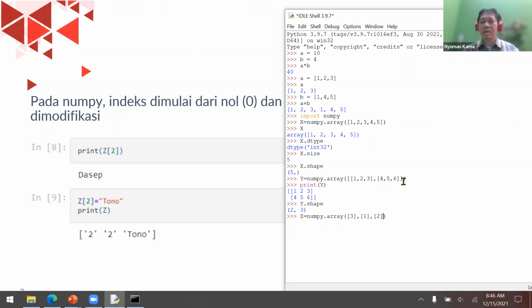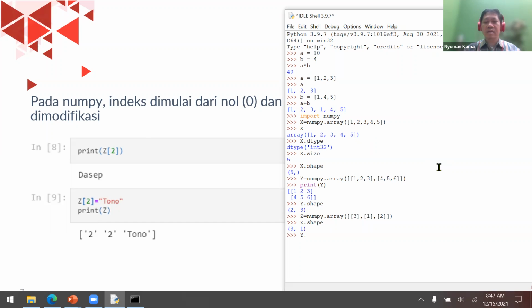Okay, remember to put another square bracket to indicate that this is an array. Now, how about z shape? What is the shape of this z? It's 3 by 1.